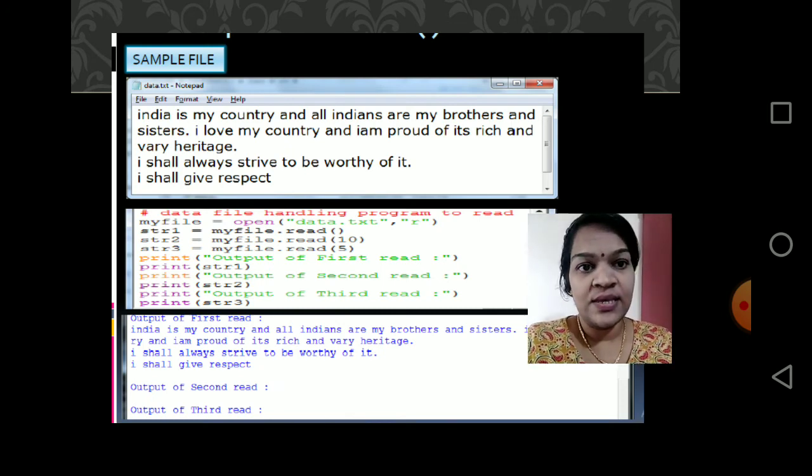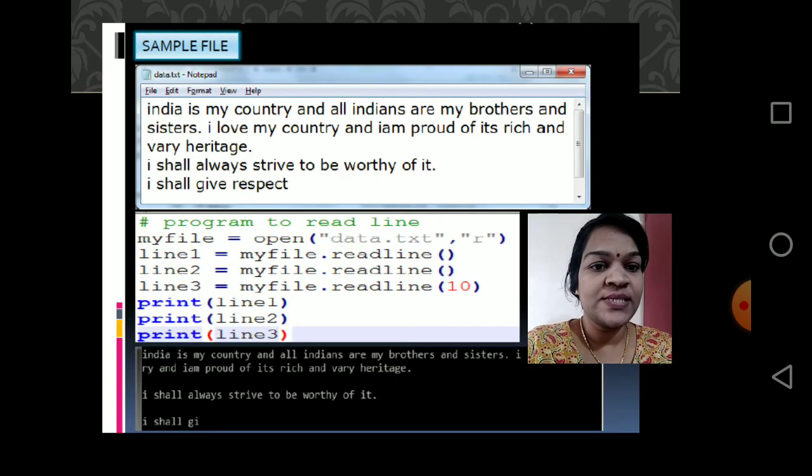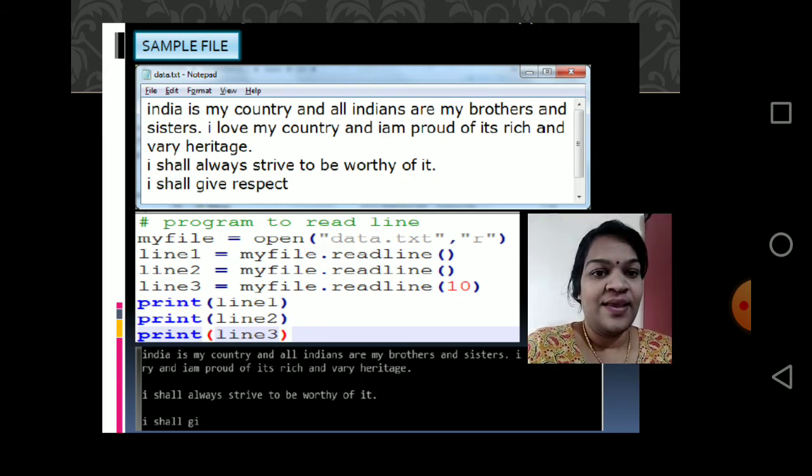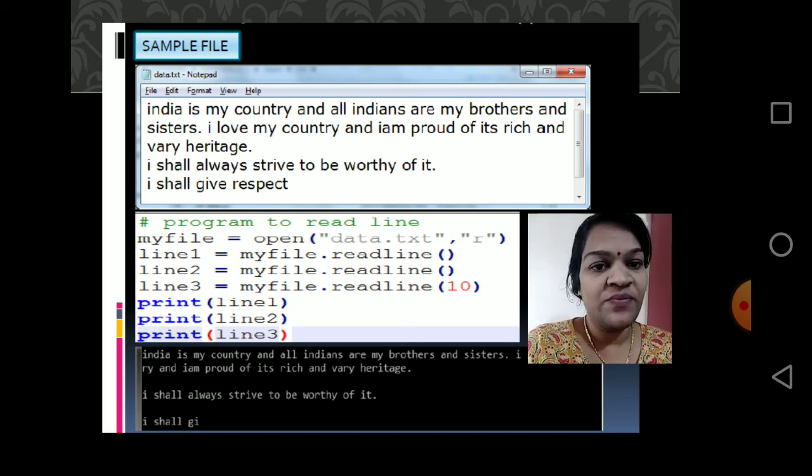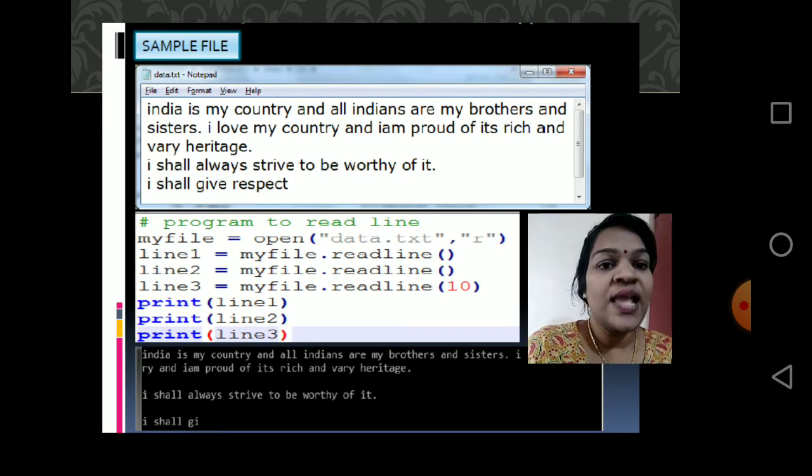So we'll see some more examples. This is another example which uses readline. The opening is similar to the previous one. Line 1 stores the first line, line 2 stores the second line, and line 3 stores the first 10 characters, or 10 bytes, of the third line.